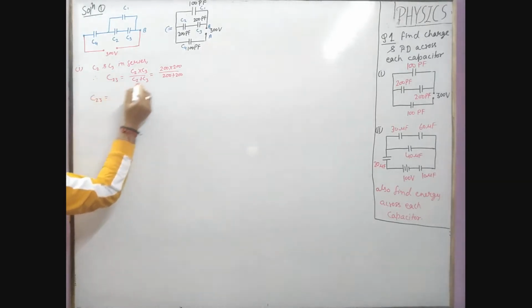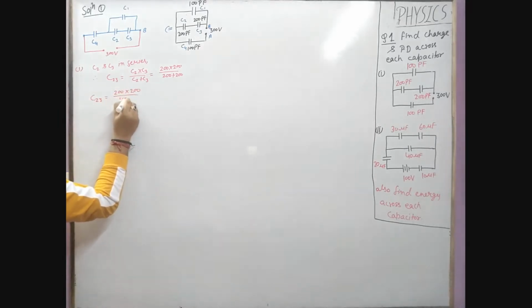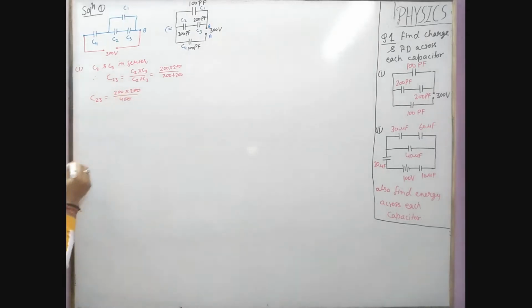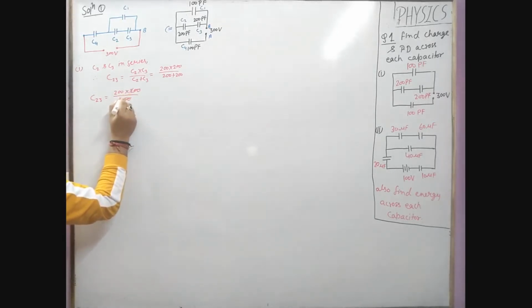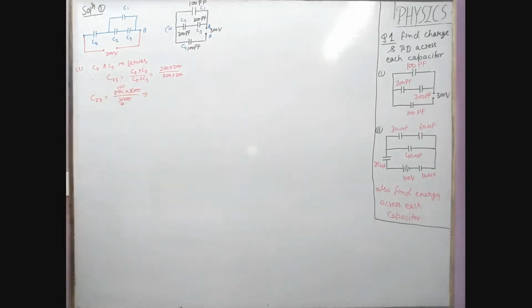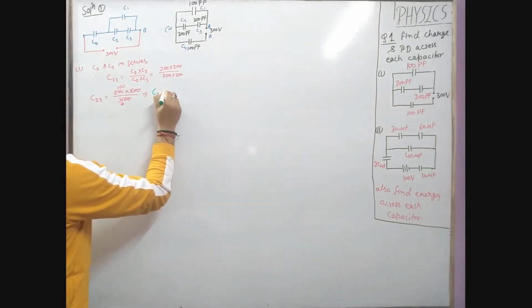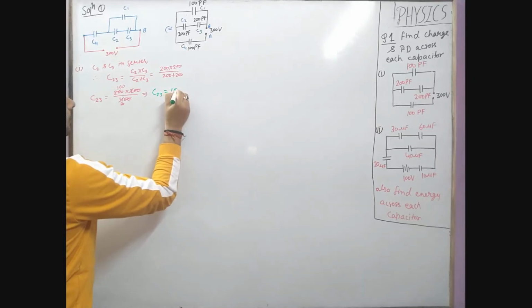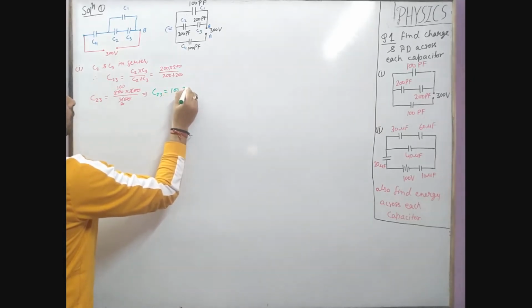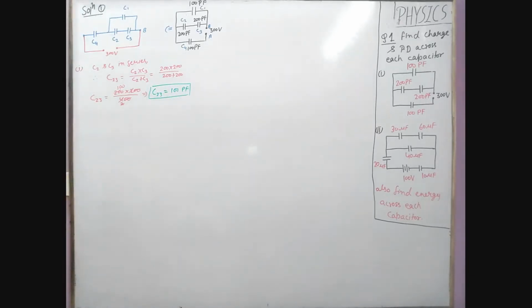C23 is equal to 200 into 200 upon 400. Here these two zeros are cancelled, and this is cancelled by 2 times, this cancelled by 100 times. Therefore you will get from here that C23 is equal to 100 picofarad. This we get as the first situation. Then the circuit is reduced to